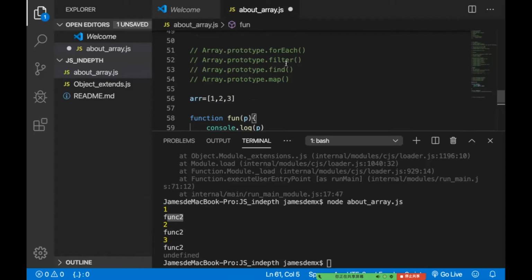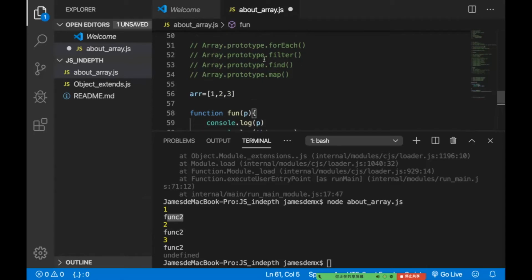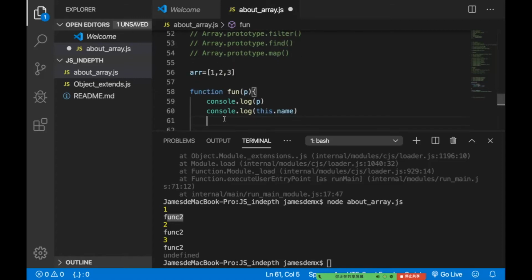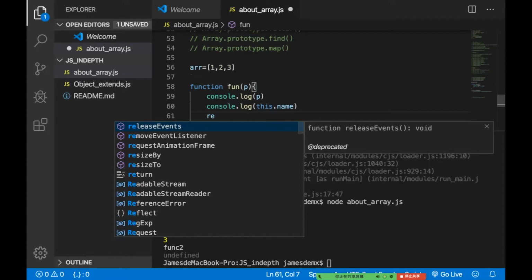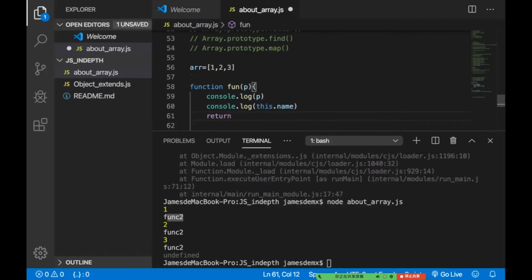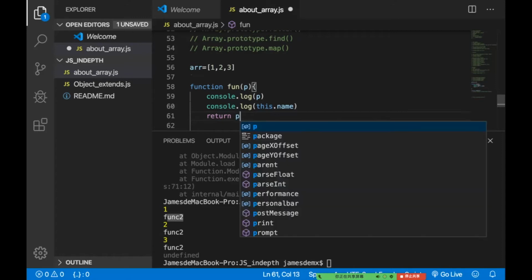Then let's talk about filter. Filter is a little bit different from forEach. The returning value of forEach is always undefined, right? And for filter, it will return another array. And which array it will return depends on the return value of the callback. So the return value of this function definitely will be something like a Boolean value. The simplest way we can do it is like we return p should be,